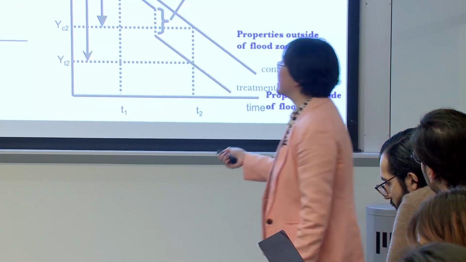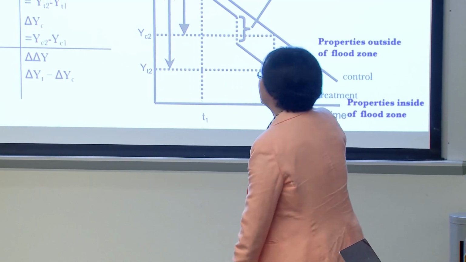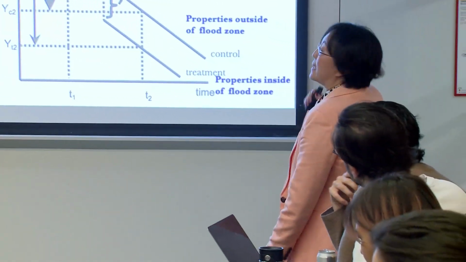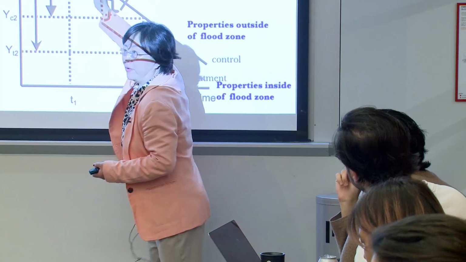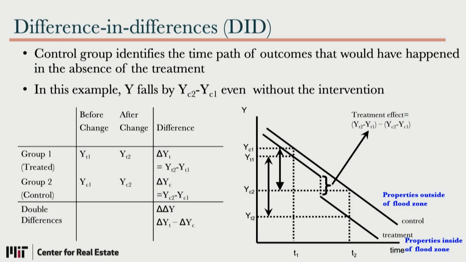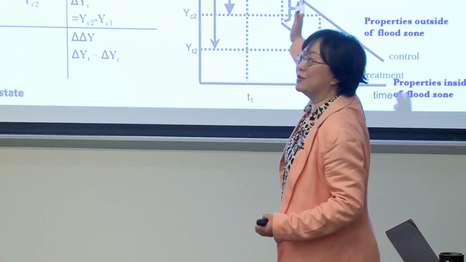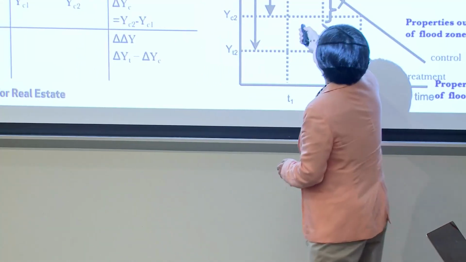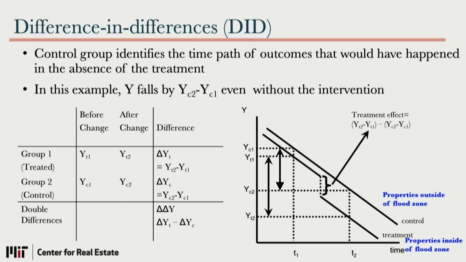Then the apple-orange thing, the algebra is like this. Treated and control, by T1, T2, C1, C2, then you just have the first difference, then the second difference. So that's the expression of this. And then just now we called it parallel trend. Before, these 2 groups should have a similar trend. That's the assumption. If this assumption doesn't hold, then game over, cannot use. So to do DID, you must first test the parallel trend: before anything has happened, these 2 have a similar trend. This is called the parallel trend assumption.